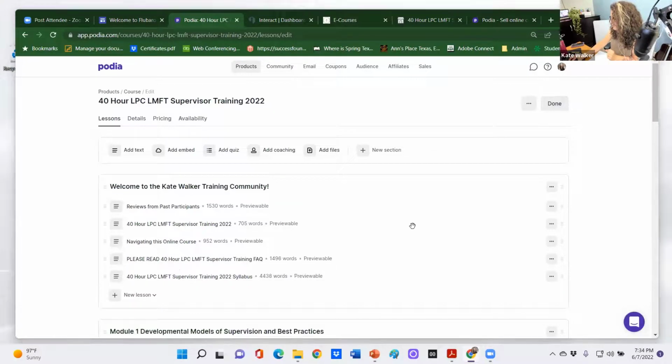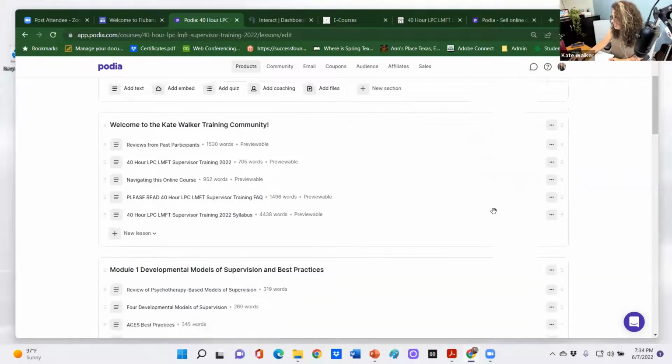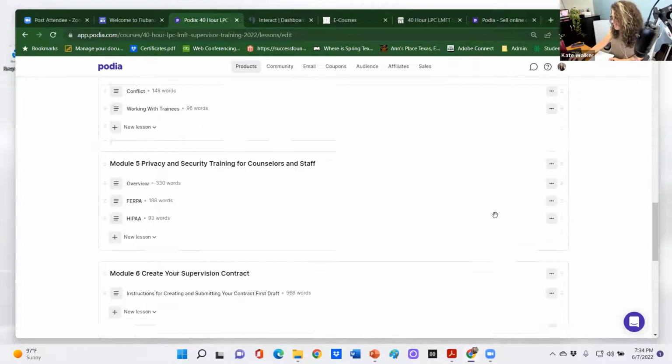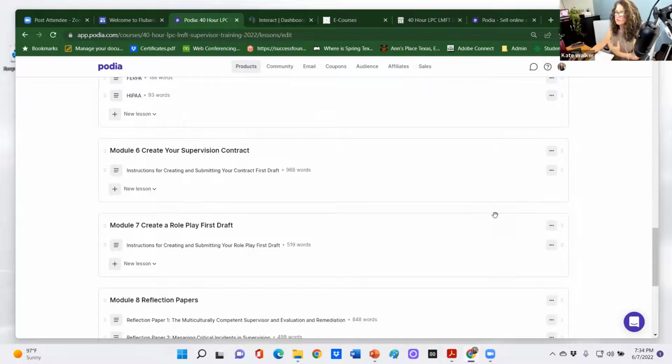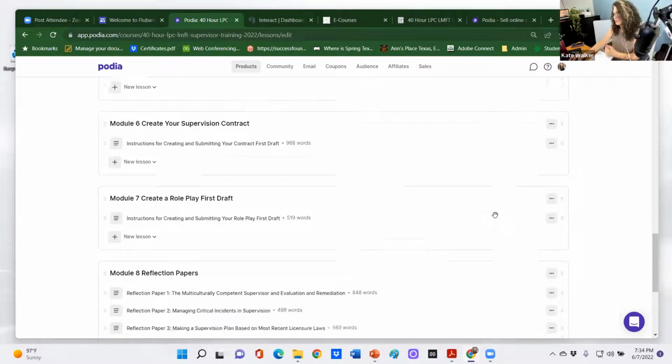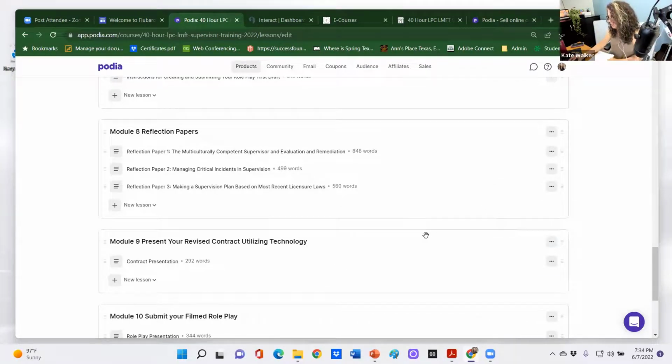you can see it's similar to what we were working with in WordPress. But for me, this is so much easier on the eyes, right? So I can add text, I can add a video, I can add a quiz. There are all my modules. With my 40-hour training, there's a lot of turn-in work. So I can post that here. When you click,